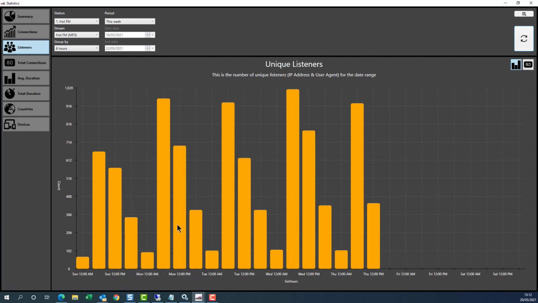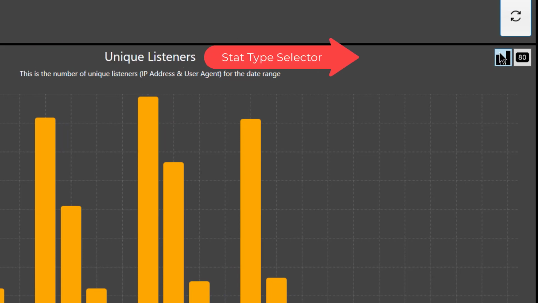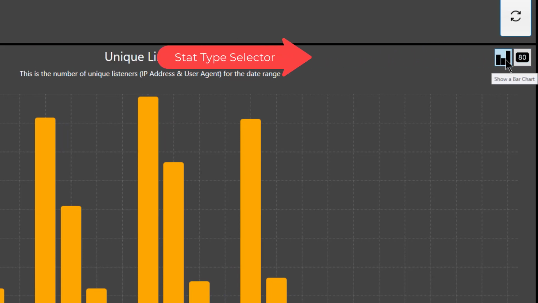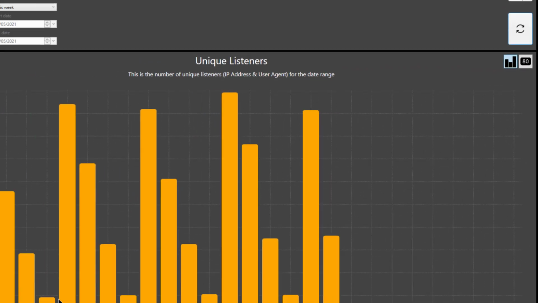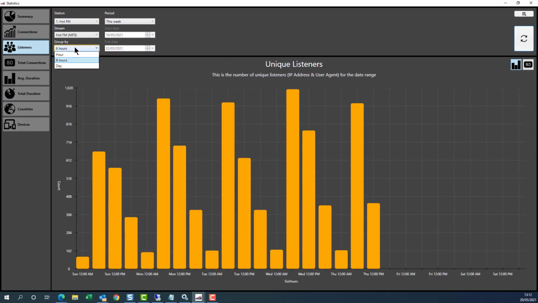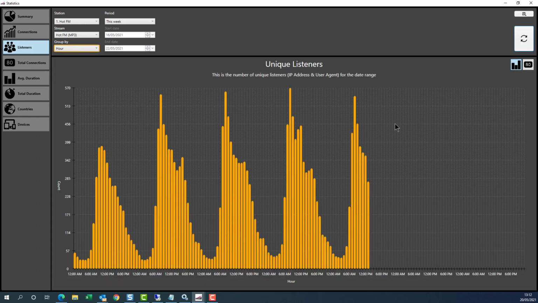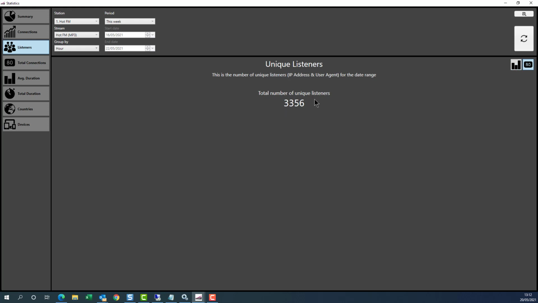While we're looking inside here, most of the stats have one or two different options available to them. So currently the bar chart here allows us to view this by whichever group period we've done. So if I set this to be hourly, we should see that it'll update to be hourly. That's pretty useful. But if I was only after a top level number, I could click on the show individual number, and then it'll just show us a total of all those listeners. So this week I've had